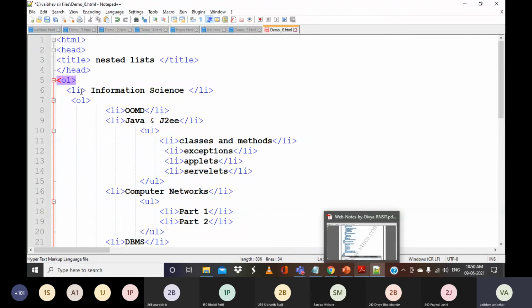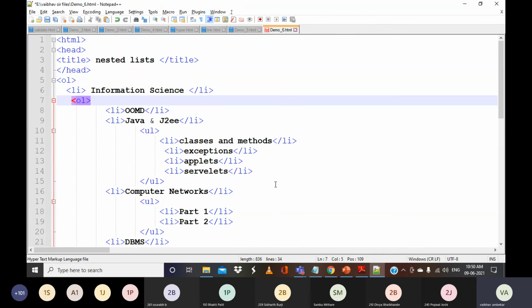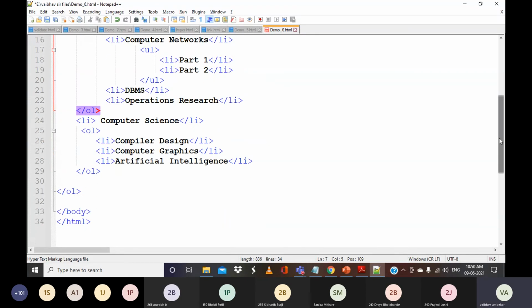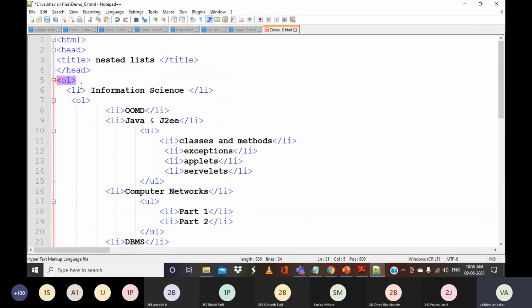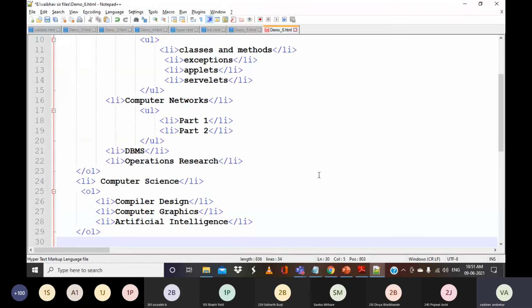Whenever you are coding, you just need to place your cursor here, and it will show where your particular closing tag is appearing. If I click on this, it will say it is closing here. If I click the cursor here, it will display that it is closing at the bottom. And if I put my cursor at this particular location, you can see that its opening pair is present here. So always use proper indentation whenever you are using ordered lists and unordered lists, or any type of list elements. It is always better to use this concept of indentation. Are you all getting it?